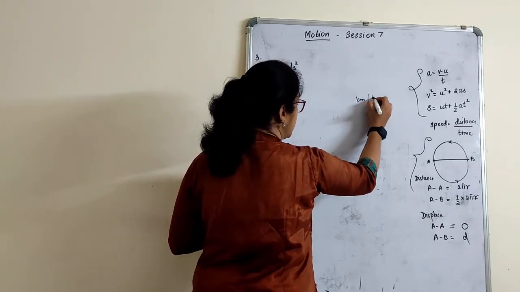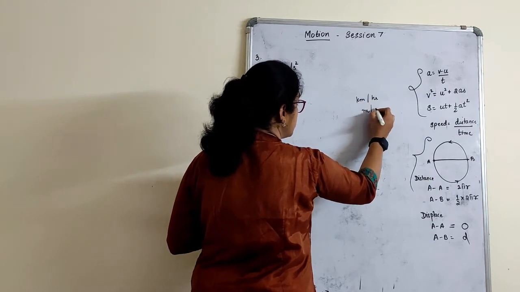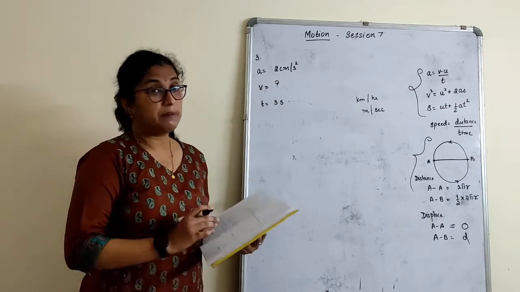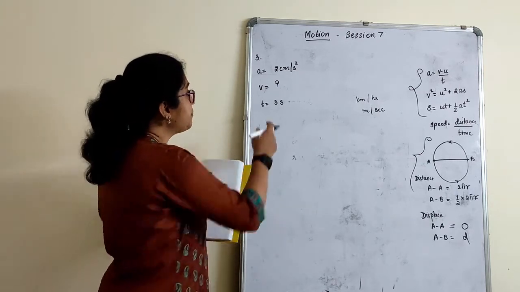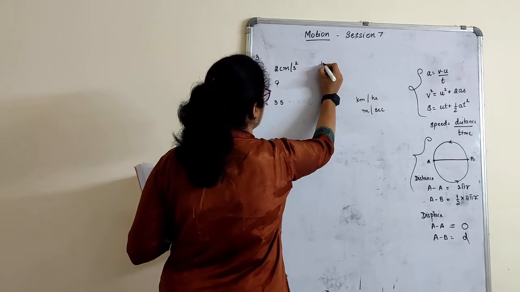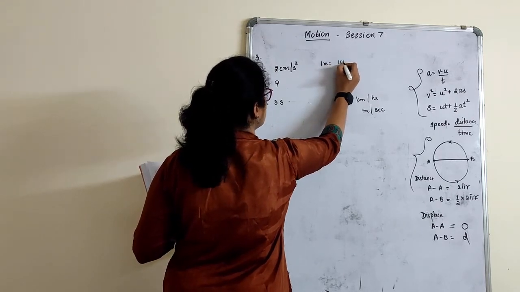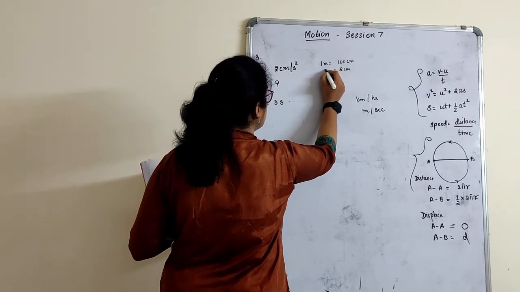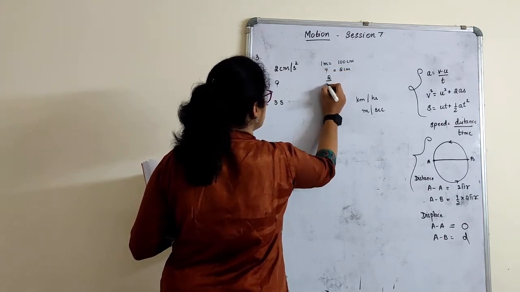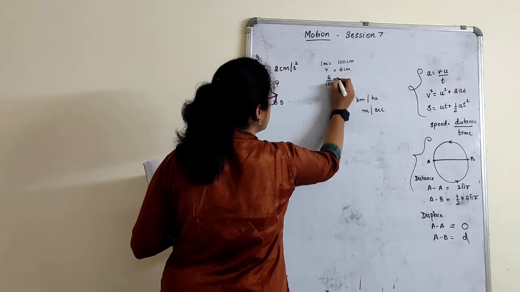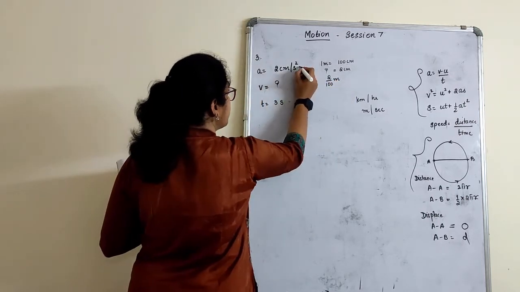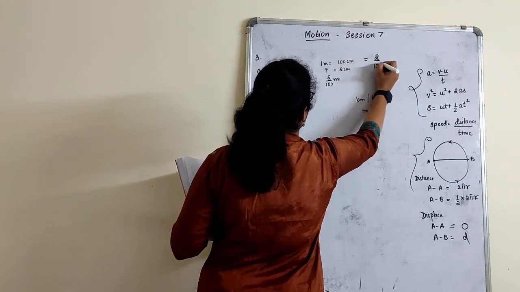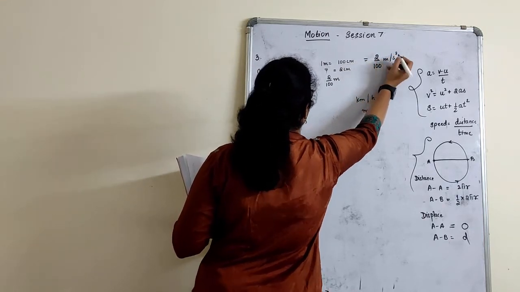Kilometer per hour, meters per second. We generally go with this. So we can make a correction in the notebook also what I have given. So let's convert this: 1 meter is equal to 100 centimeter. So 2 centimeter is equal to how many meter? 2 by 100 meter. Keep it as it is, children. Keep this as 2 by 100 only. Acceleration, right? That is equal to 2 by 100 meters per second square.